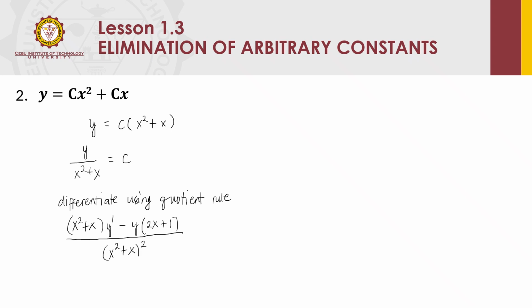And then the right side is 0 since it is a constant. And if we're going to multiply the whole equation by the square of x squared plus x, then we get x squared plus x times y prime. So we don't need to distribute the y prime to each of the terms here. Okay, and then let's just arrange the expressions such that it would be of the same format with the first term. Okay, so starting with the x expression and then followed by y equals 0.